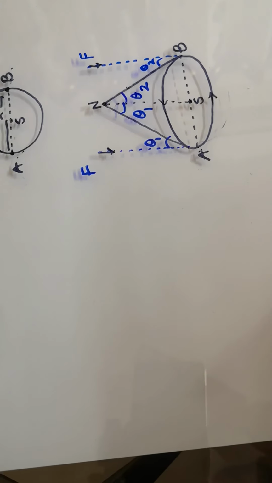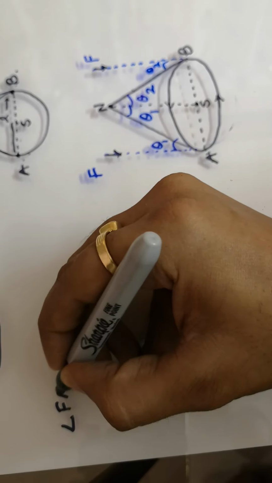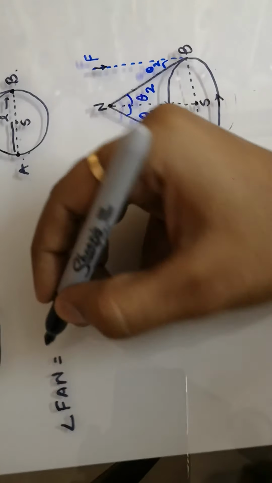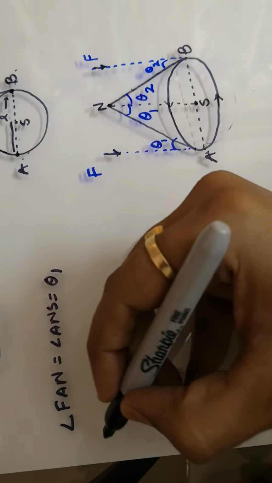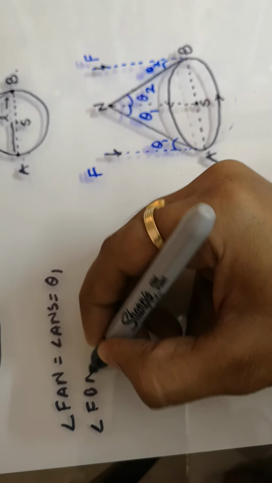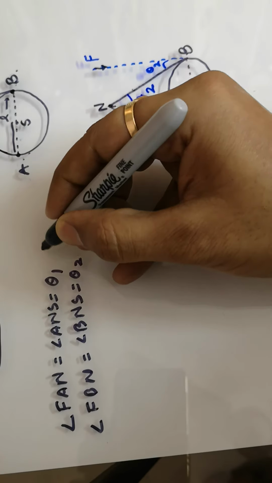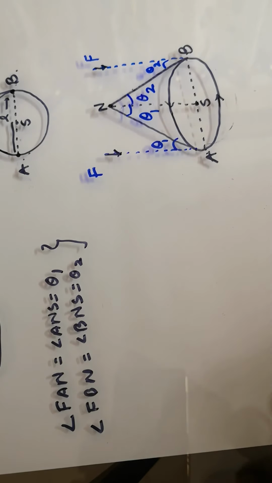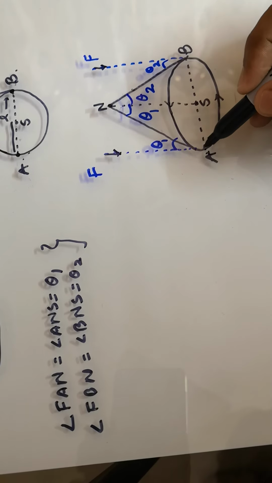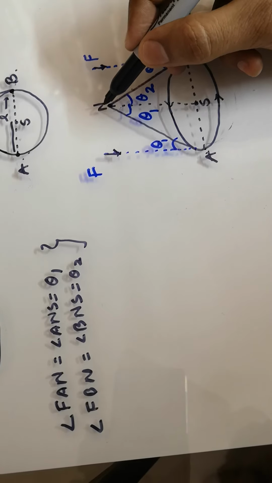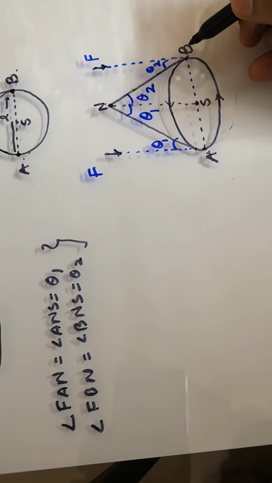First of all I want to find its equation. You can see that the angle ANS is theta 1. The same is true for BNS: the angle BNS equals theta 2. So these are the two angles I have. I want to find the distance between A and B, or the distance from A to N, where A is one point on the circular path of the Earth and, after an interval of time, B.